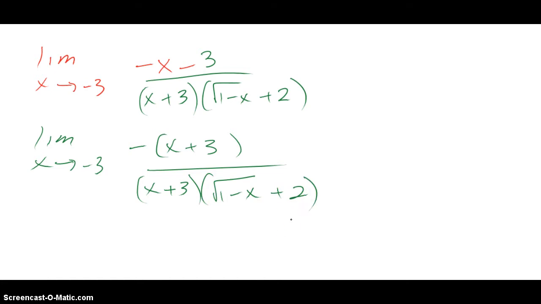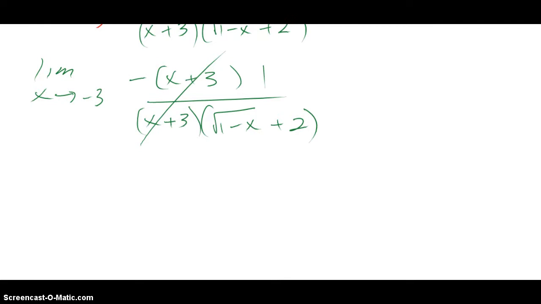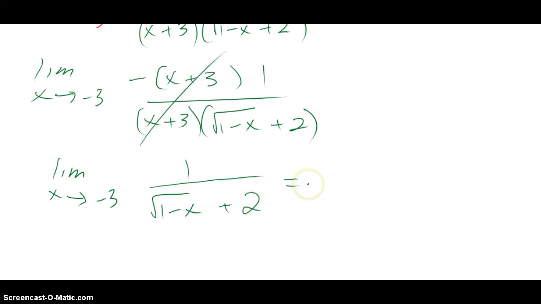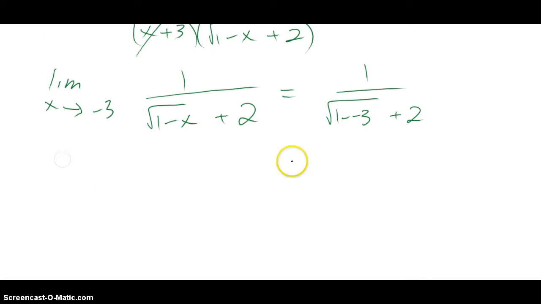So now these are going to simplify to just 1, and now we can just plug in our limits. So now it's going to be the limit as x goes to -3 of 1 over the square root of 1 minus x plus 2. So when we plug that in, we actually get 1 over the square root of 1 minus -3 plus 2,